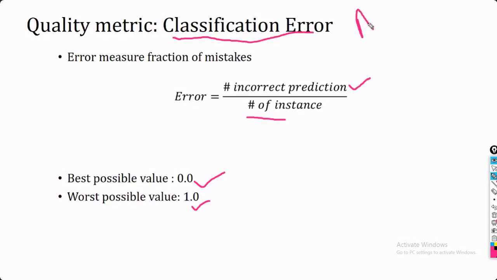Suppose you are taking the accuracy, so in that case how we are going to calculate it, a very slight modification will be there. This is going to be the total number of instances. Out of this total number of instances, how many correct classifications there are, that is going to define your accuracy. And in that case, the values are going to be just the reverse. So if the value is 1, that means you have classified each and every instance correctly. And in the worst case, you haven't classified any of the instances correctly, so it is going to be 0. So just the reverse of the error.